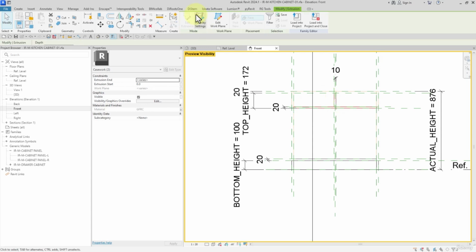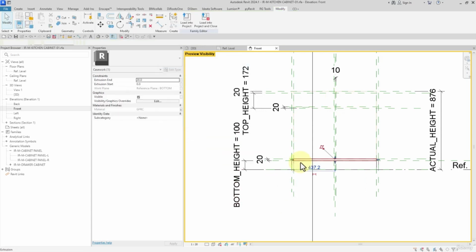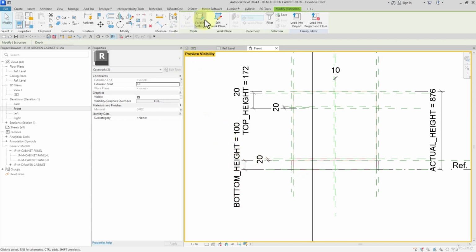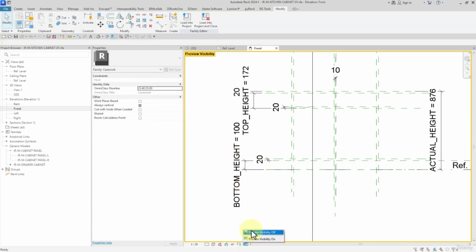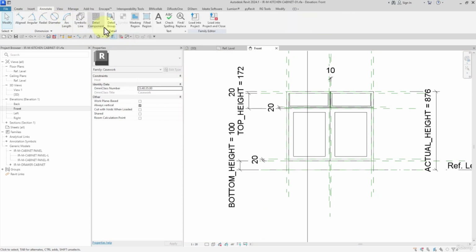Well done. And also these, unchecking front, OK. And also these, visibility, unchecking front. Well done. I turn off the preview visibility. After doing this and making sure that they are not visible in the front view, here I can open the